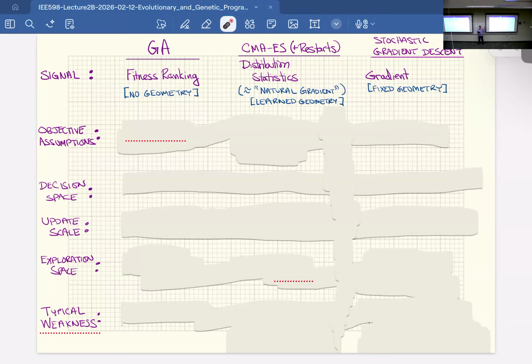Any questions there? Yeah. So the geometry would still be unknown in this case, right? As in, the fitness landscape is still unknown. It's just that the way that's a bit confusing. Like, you still do not know the underlying geometry. Well, with gradient descent, you assume you effectively do. You have a description a priori. At any point in the fitness landscape, you know the slope. Here, you don't know the slope. You have to do statistical sampling all around it to build a model of the slope and the curvature.